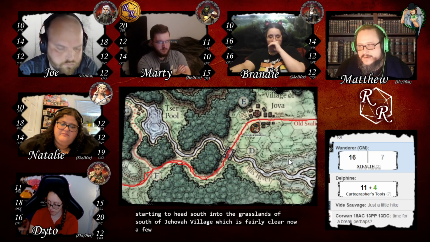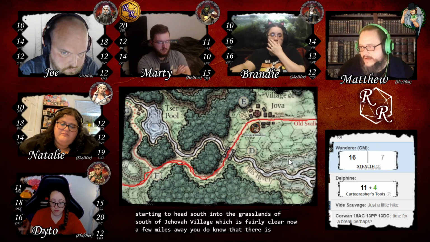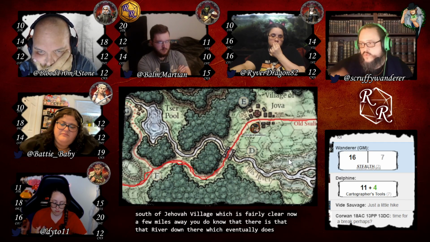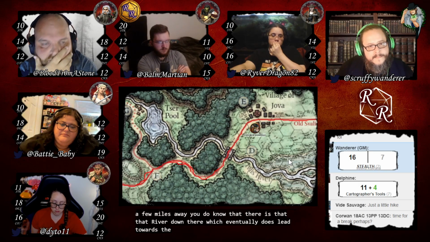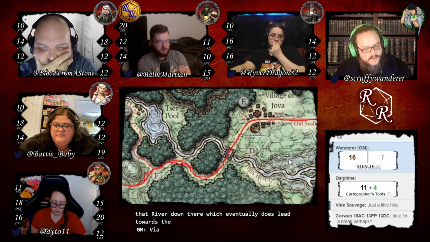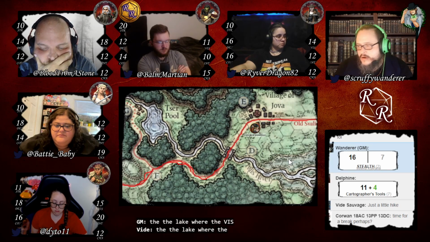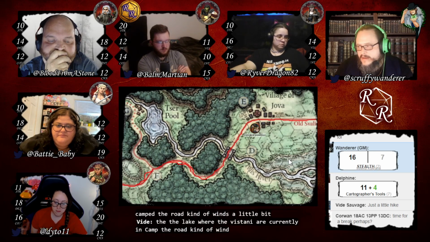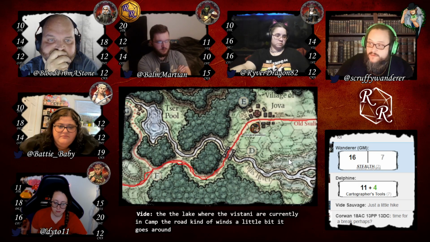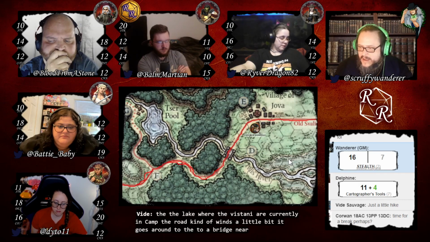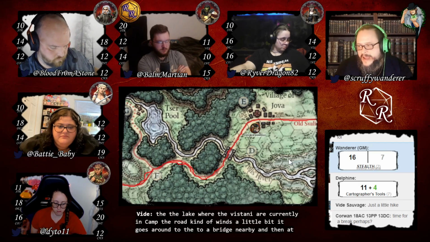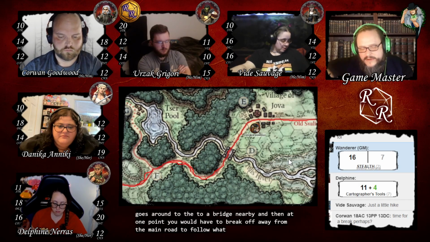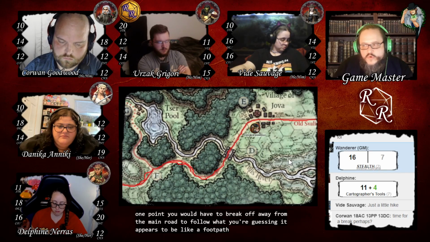A few miles away, you know there is a river that eventually leads towards the lake where the Vistani are currently encamped. The road winds a little bit. It goes around to a bridge nearby, and then at one point you would have to break off from the main road to follow what appears to be a footpath towards the Vistani camp.